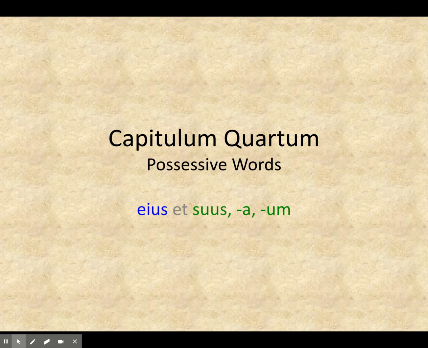The possessive words we currently know are words like meus. So everybody point to yourself and say meus. We also know tuus. So go ahead and point to the screen and say tuus. And today we're going to be talking about the third person. So don't point to yourself, don't point to the screen, point either to the right or left and say eius